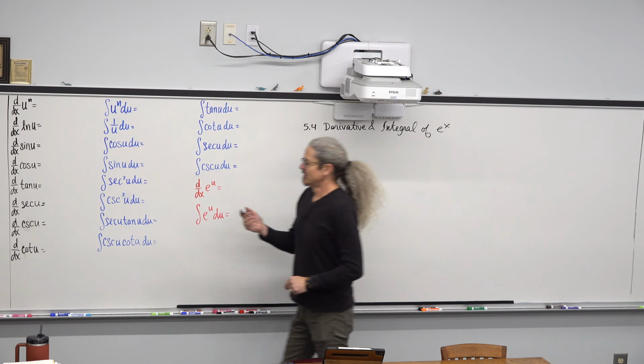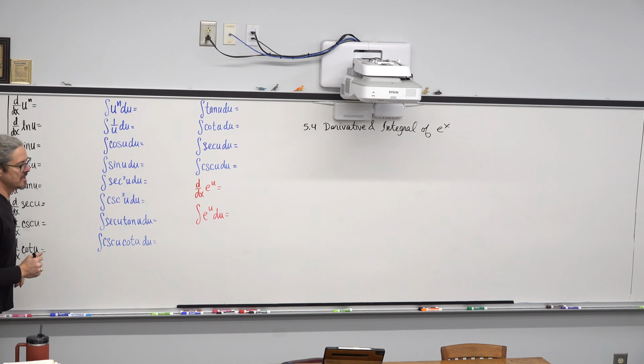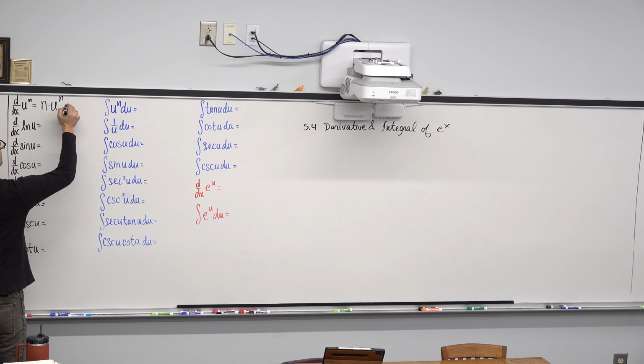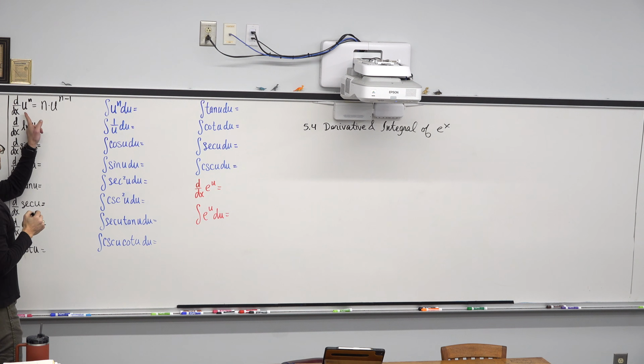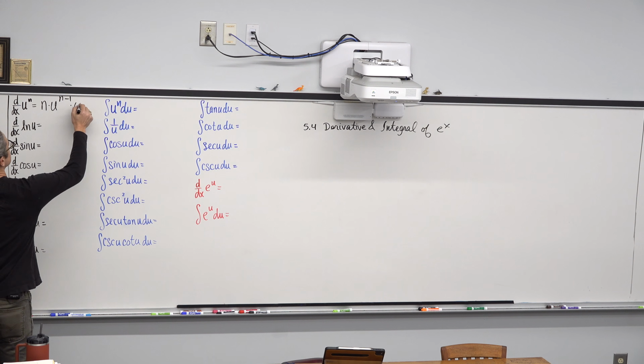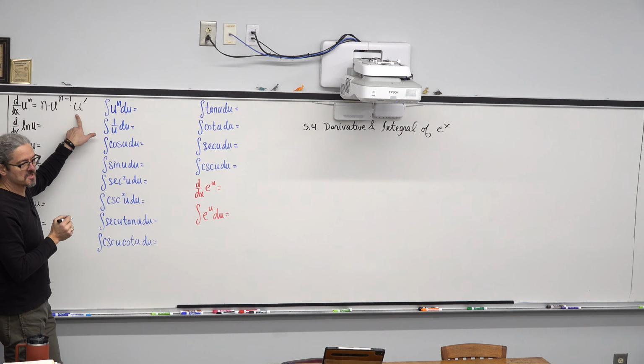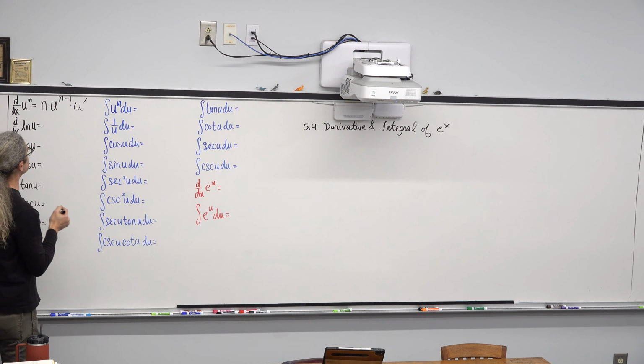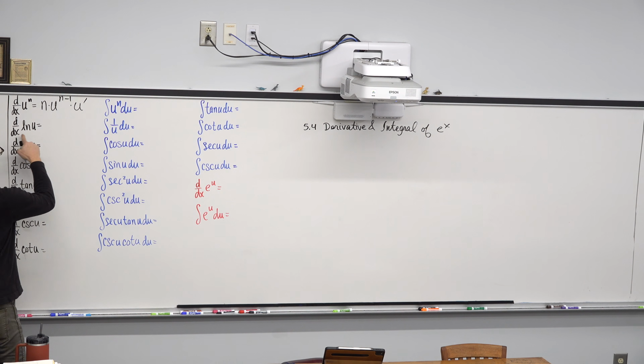So, what is the derivative of u to the n? Power! Bring the power down and reduce the exponent by 1. So we have n times u to the n minus 1, but my independent variable is not the same as my derivative variable, so times u prime. If you forget that u prime on a memorization test, I'm going to have to mark those wrong. All of these are set up as chain rule.